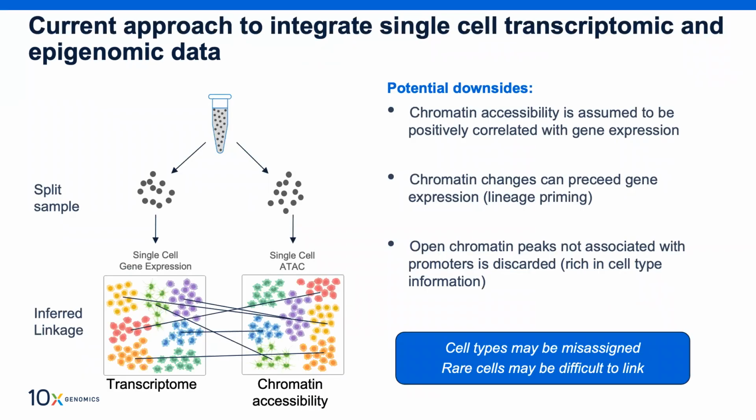And then in the previous study, they had to split the samples across two different workflows. So they split the sample through a gene expression and ATAC workflow. And then they had to use computational methods to infer the linkage between those cell types. And this was largely the approach that was being taken before the multi-omic assay came in. But this approach does have some limitations, and there can be some false positives, false negatives, sometimes misassignment, because largely you're inferring, and the inference is as good as the assumptions that go into the algorithm. And to resolve that,